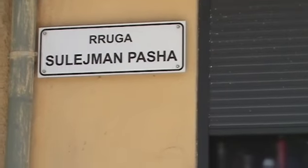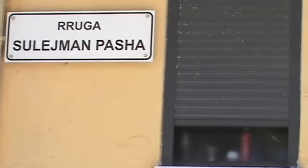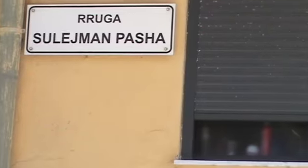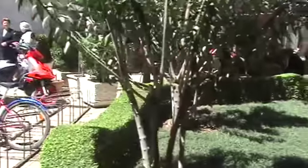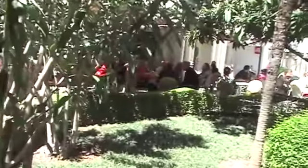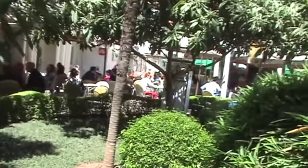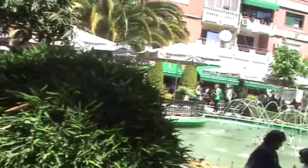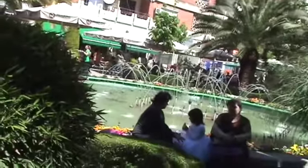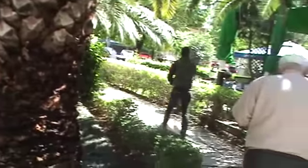So here is Ruga Suleiman Pasha. All I gotta do is find his house, which the beautiful young blonde girl said was right up here. Well, I didn't find Suleiman Pasha's house. I found his street, and as is the case with poor countries that want tourism but have absolutely no clue of how to exploit it at my level, in other words, where do you find the places they've got on their map? But here, a very pretty park with restaurants and fountains and places to sit. So I'll probably sit